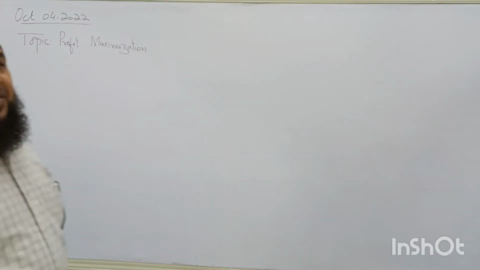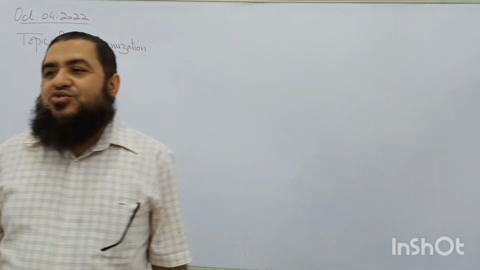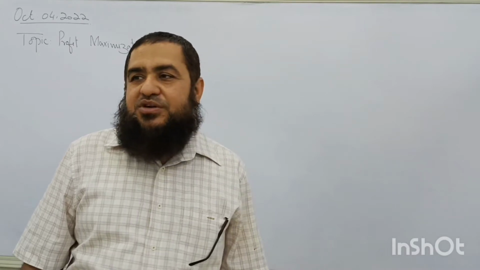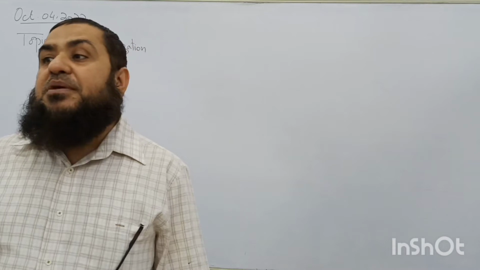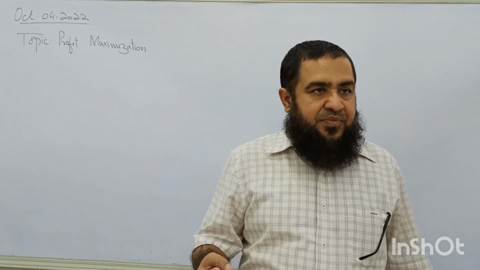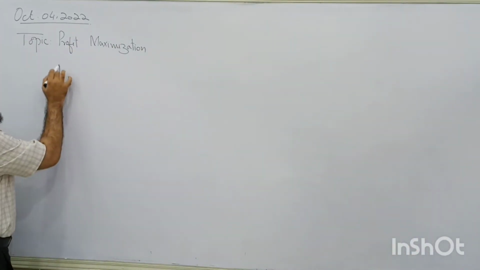Today we are going to see how a firm is able to maximize its profit. How can we define profit? First of all, we studied total revenue of the firm, total cost, average revenue and average cost of the firm, and today we are going to study what is profit and how it can be maximized by two types of firms. One firm is price taker and the other is price maker or price setter. Clear? So profit is basically, profit is what?